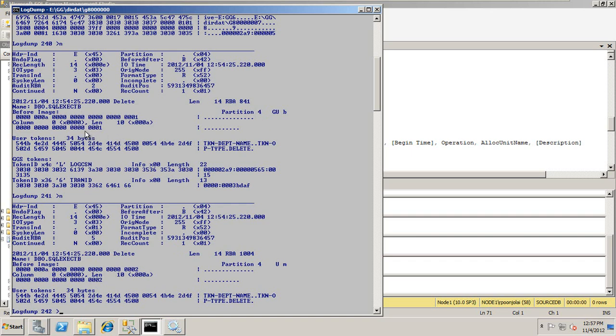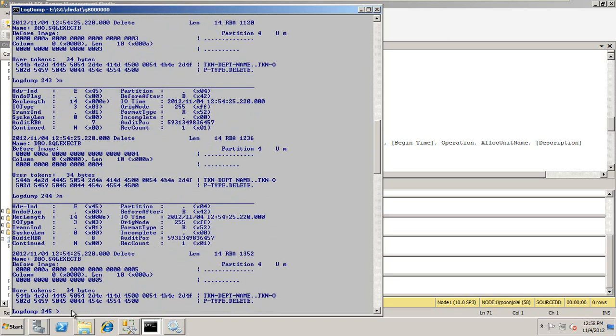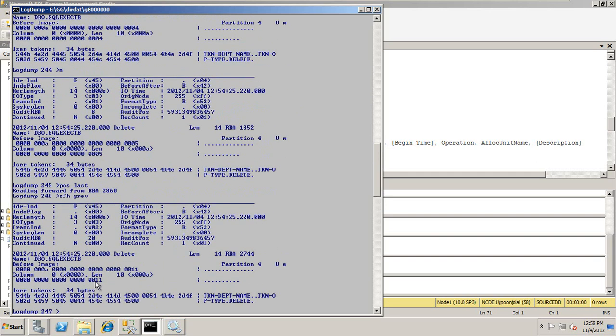So you can see this is the column, the value is 1. That means first record delete of this table. This is the second record delete of this table. Like that you can click next. This is third, fourth, fifth. You can go on like that. There are 11 records, so we deleted 11 records in one shot, but it captured 11 individual rows